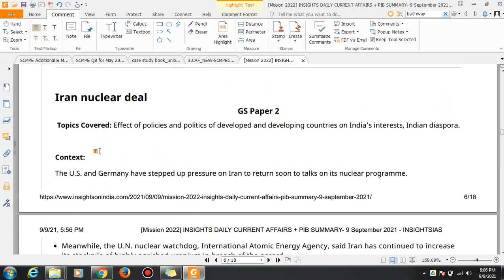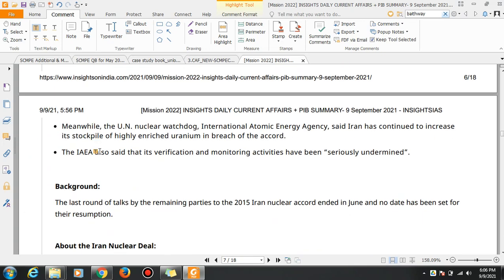Next topic is the Iran nuclear deal: the effect of the policy in politics. The US and Germany have stepped up the pressure on Iran to return soon to talks on its nuclear program. Meanwhile, the UN nuclear watchdog, the International Atomic Energy